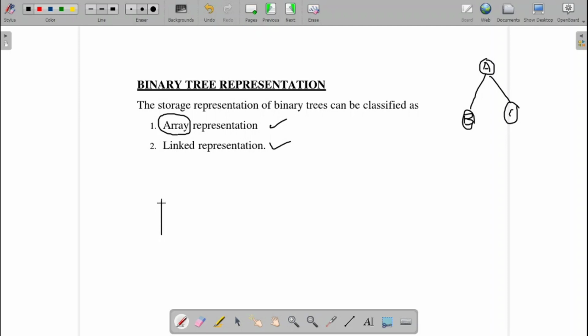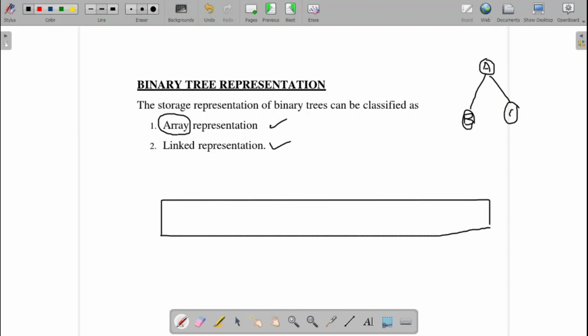As we learned already, an array is a sequence of elements wherein each element is of the same data type. The array starting index will start from 0, the next index will be 1, then 2, then 3. If an array is of size 100, then the last index will be 99.